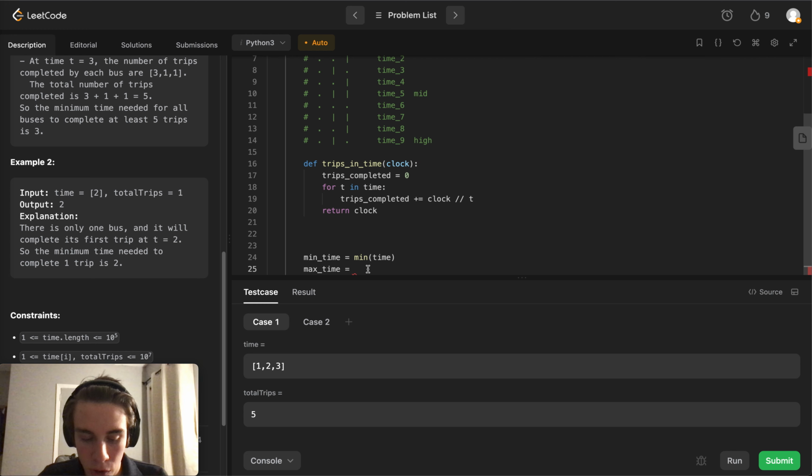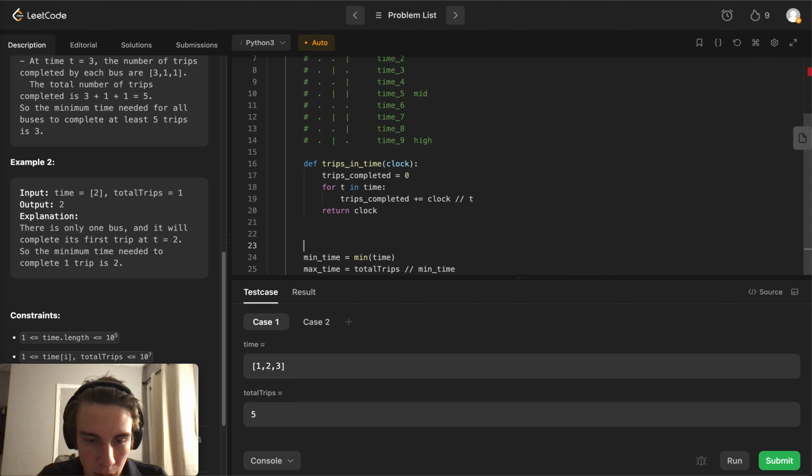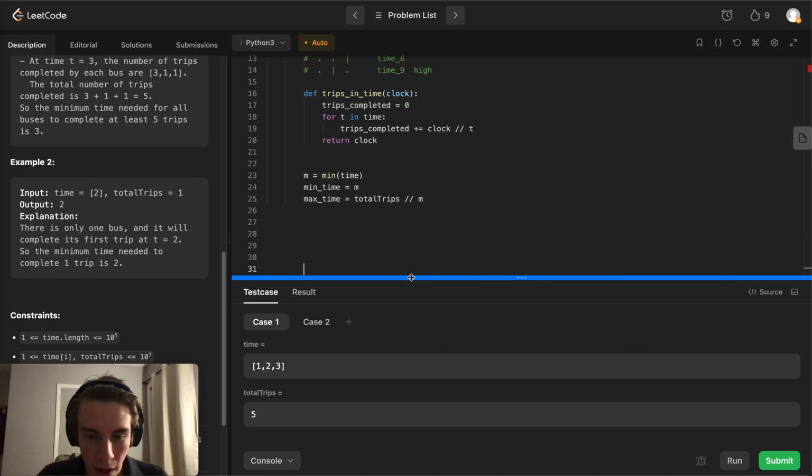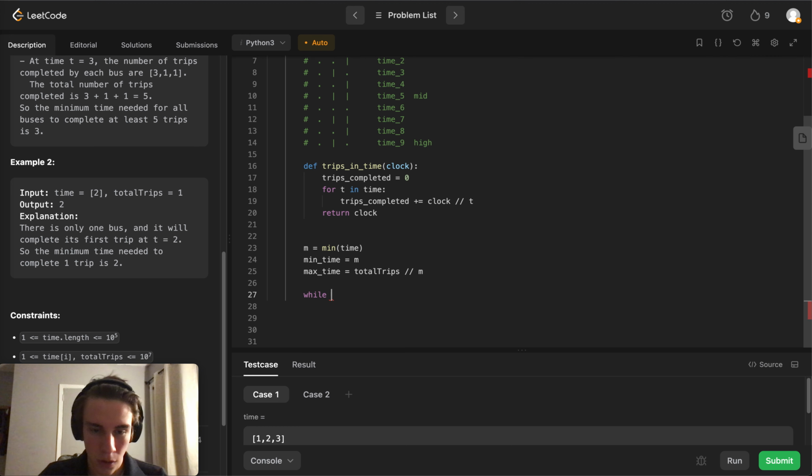The goal, which is total trips divided by the min time. The minimum, let's just, for sake of... okay, and now we have to do a binary search, which works